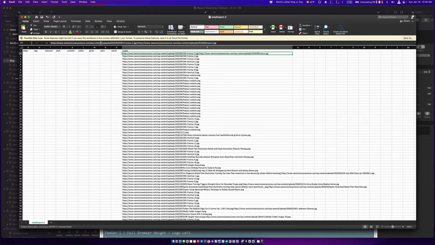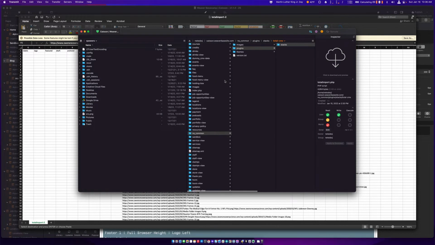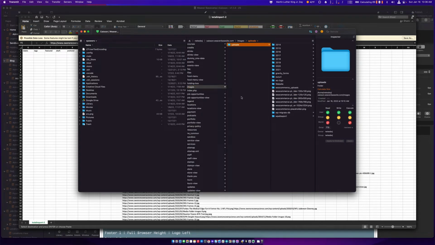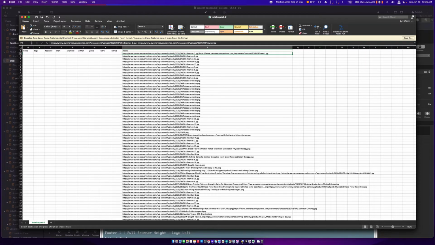So if it was me, I've already uploaded the image folder, this uploads folder, into Transmit. For me, I created an images folder, and then I have uploads, and here they all are. So I just downloaded this folder from the existing WordPress site and then uploaded it into my server. So how do I get that to match up? Well, since I know that uploads is the first folder that I created, I'm going to come over here and delete,